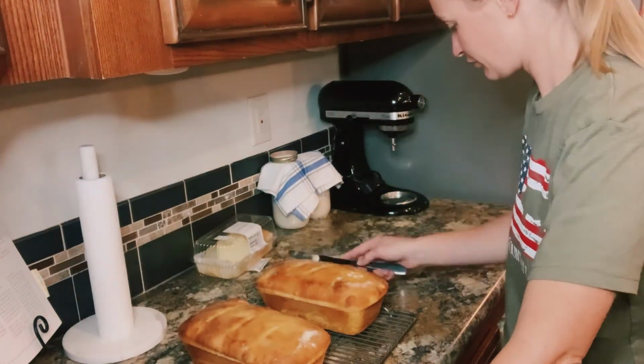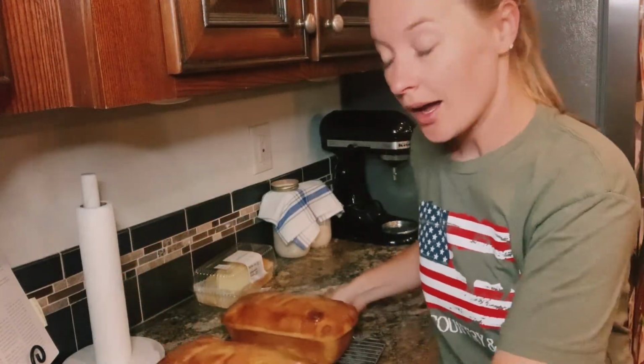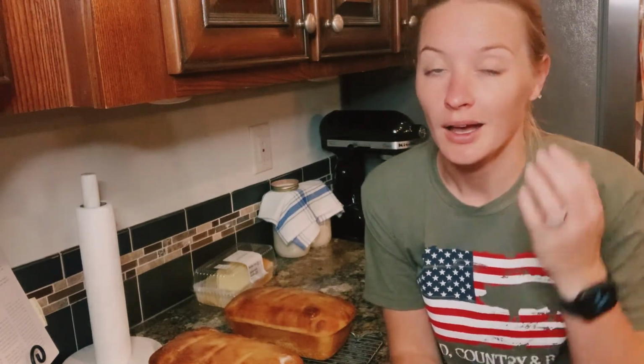They will sit to cool for an hour or so here. One will go onto the counter to be eaten, and then one will get wrapped up and go in the freezer. It usually only lasts a handful of days, maybe a week, and then we will take the other loaf out. But yeah, so that is how